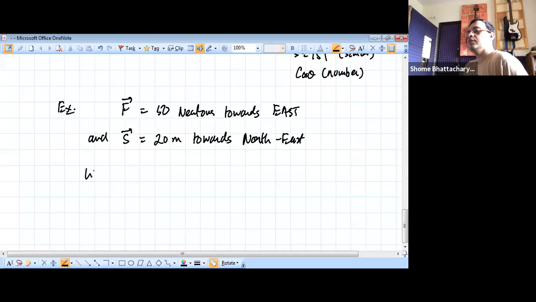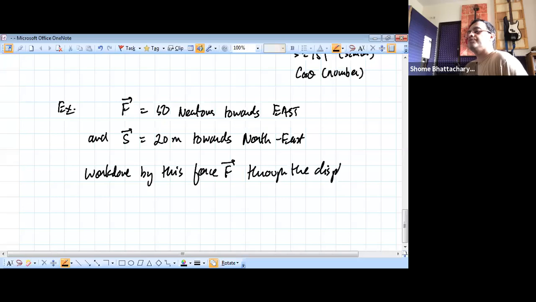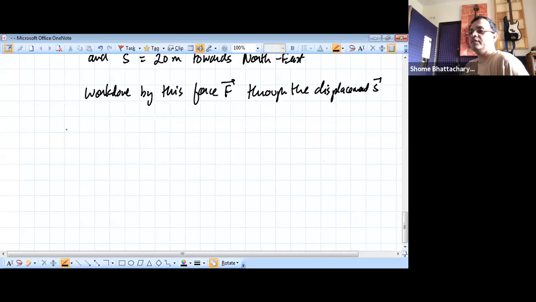So now we want to calculate the work done by this force through the displacement S. So according to the new definition that we've learned for work done, this is going to be